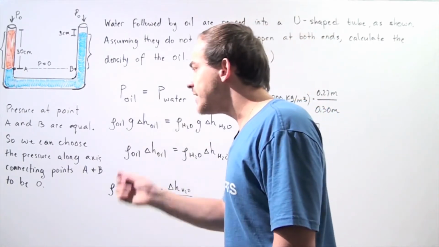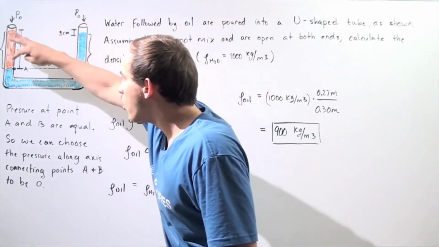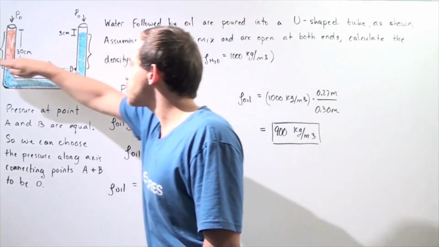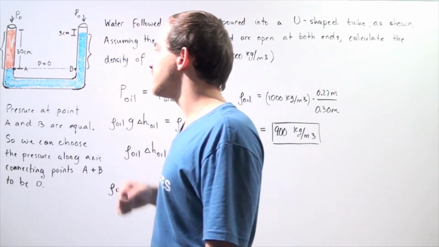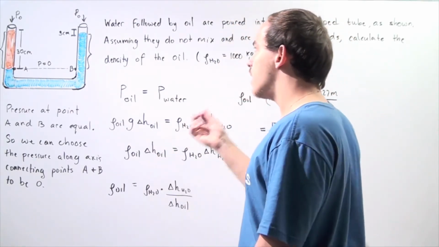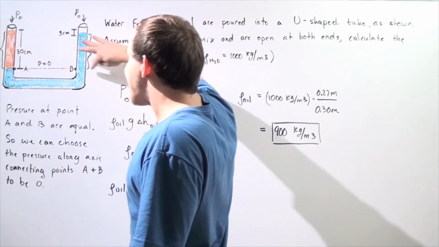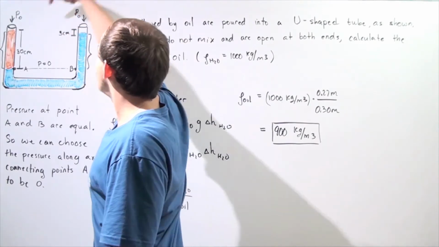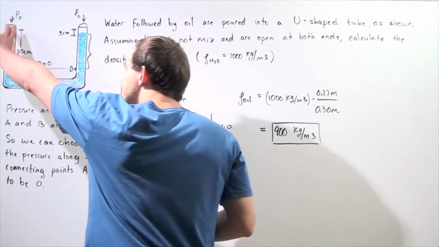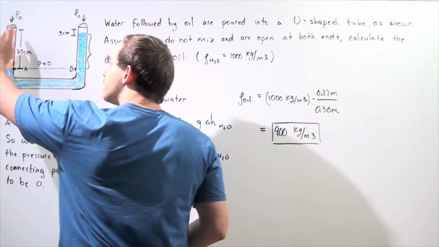So that means we can choose the pressure along this horizontal axis connecting point A and point B to be some arbitrary pressure. So let's choose the pressure along this axis to be equal to 0. So that will allow us to calculate the density of the oil in a very simple way. Because the pressure along this axis is 0 and the pressures at each end are the same exact pressure, to calculate the density, we simply realize that the pressure created by the oil, which is a height of